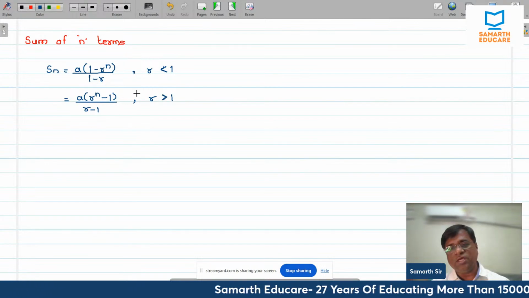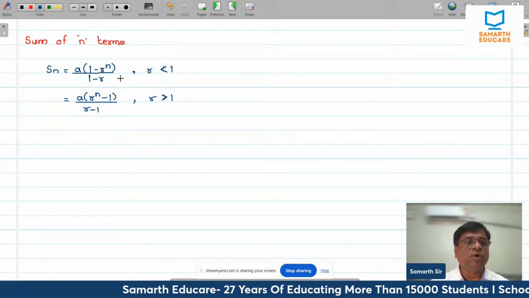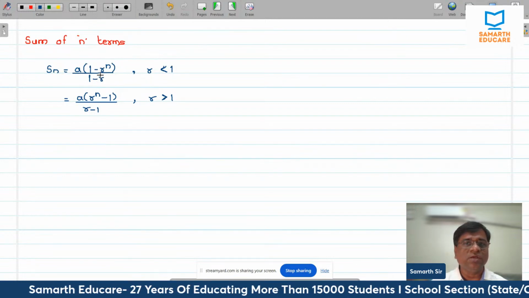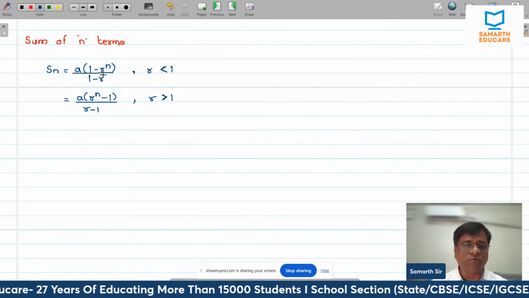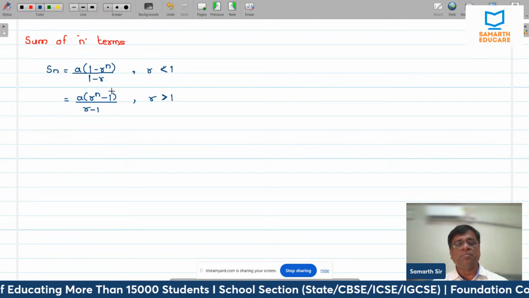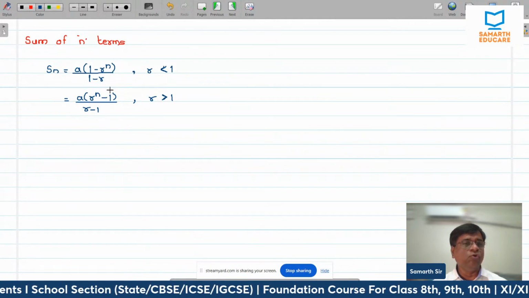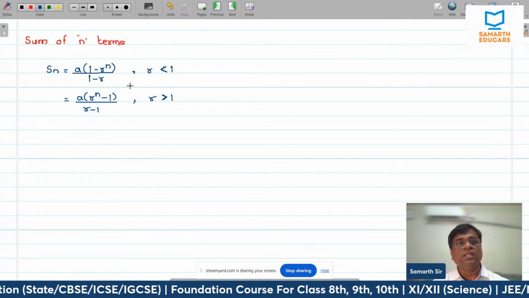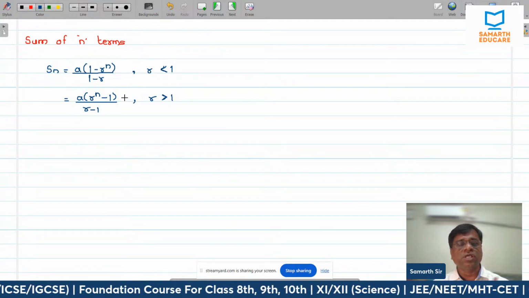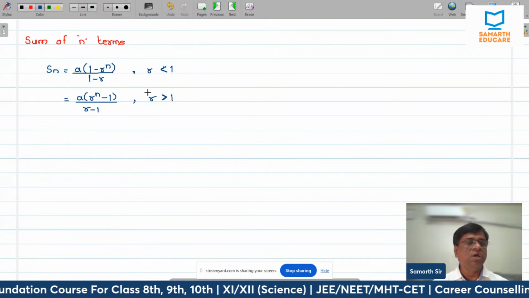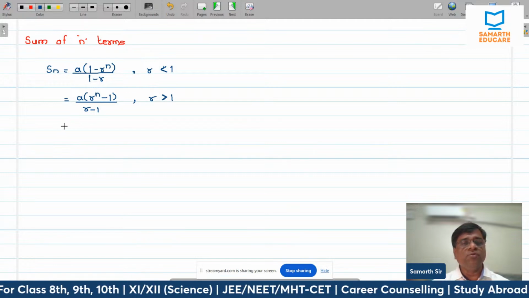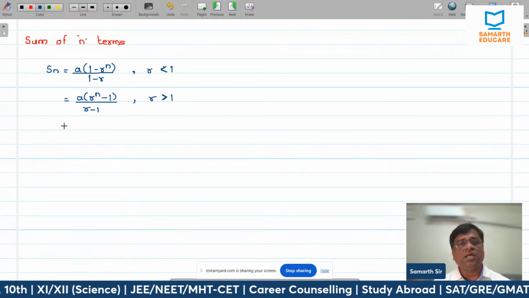So what happens if I use by mistake, r is greater than 1 and I used this formula? Nothing will change, don't worry. One step will increase, you will have to take the minus sign common and cancel it above and below. That's the only thing we have to do. So you need not worry if by mistake you used one formula for the other, but generally, if possible, remember the formulas. And because I wrote r less than 1 and r greater than 1, the question may come to your mind: